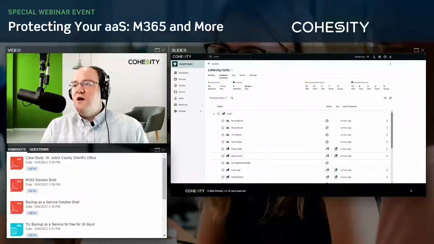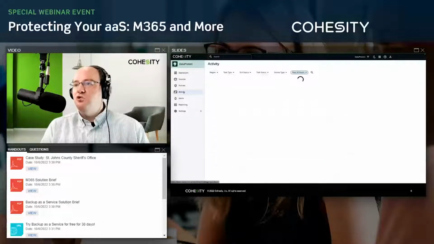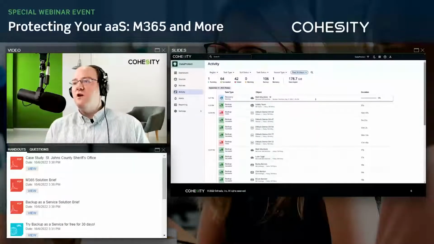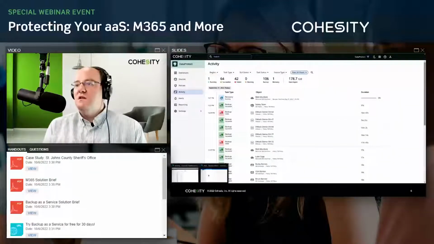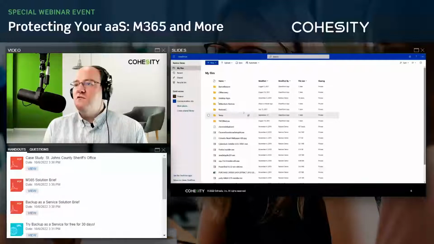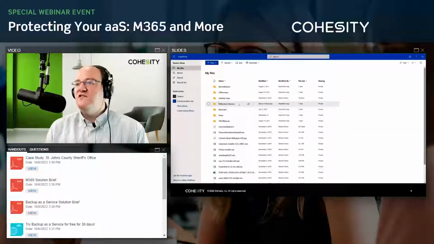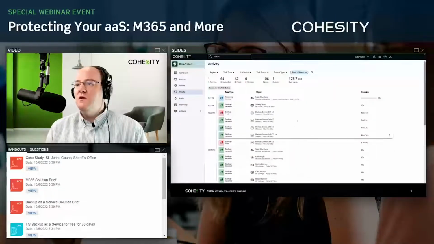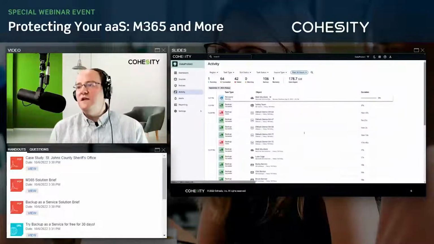This allows us to take a look at an activity that pops up to show that we're in the middle of a recovery right now. The process has already kicked off. We're going to switch over to OneDrive, and we can already see in our demo restore account that we've got that M Murdock restore folder available, and we're recovering the files within.